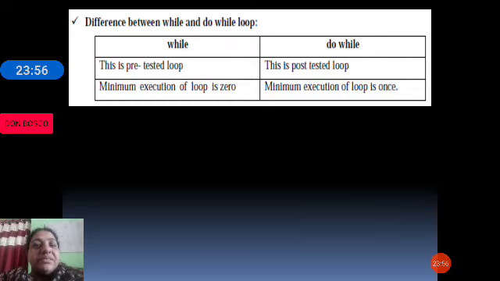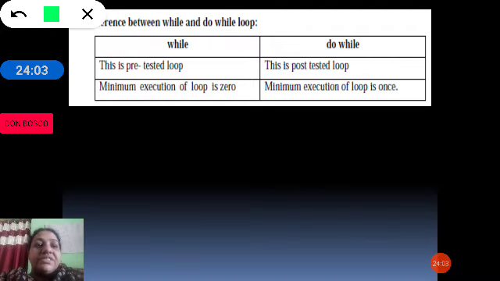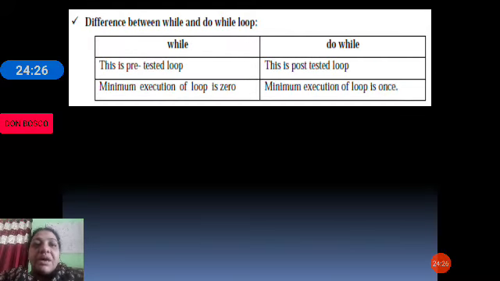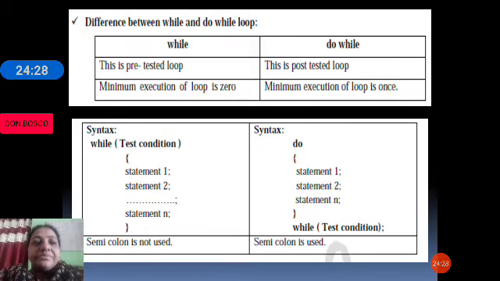Now let us study what is the difference between while and do while loop. In while, the condition is checked first, first itself the condition is given. So it is called pre-tested. In do while it is post tested, that means the condition is given at the last. Here if the condition is false, statements are never executed. Here even if the condition is false, one statement has run, because after running it tests the condition.